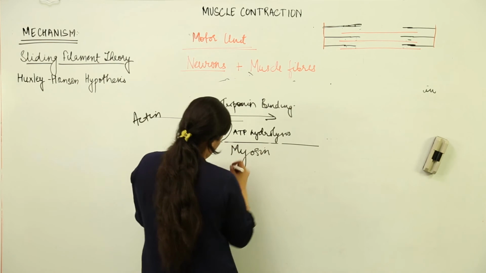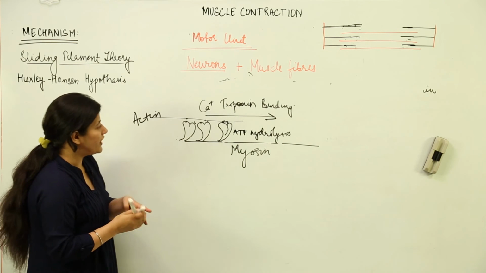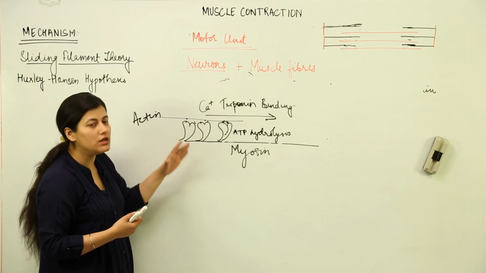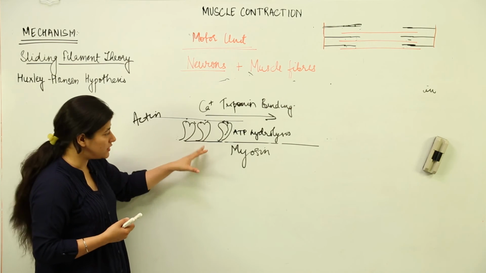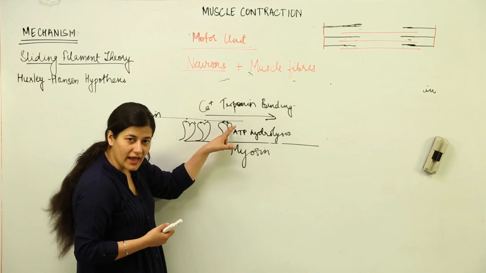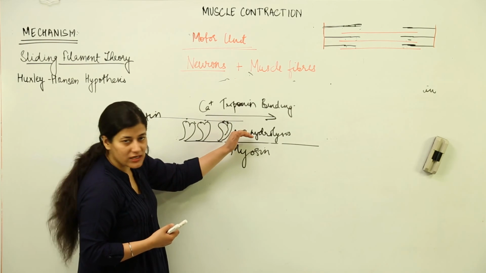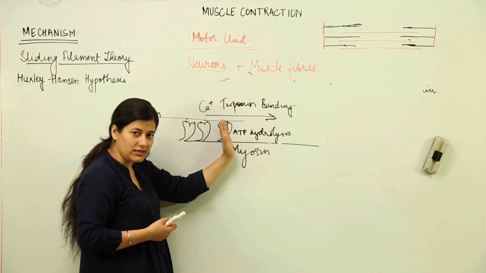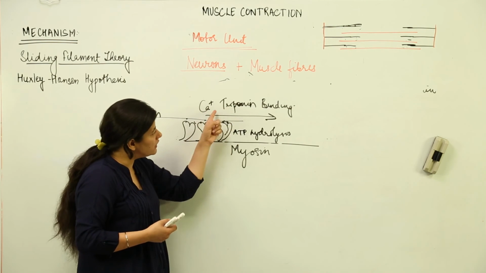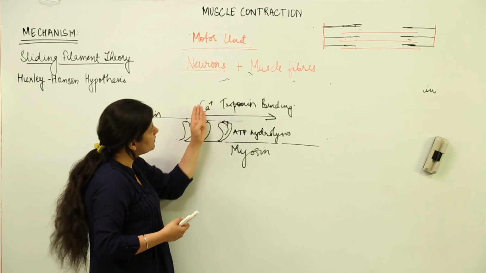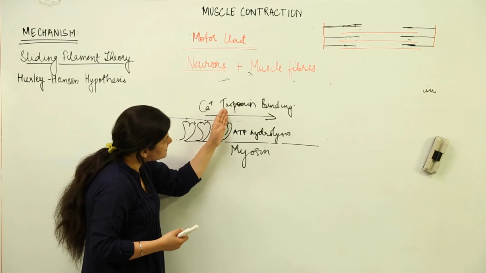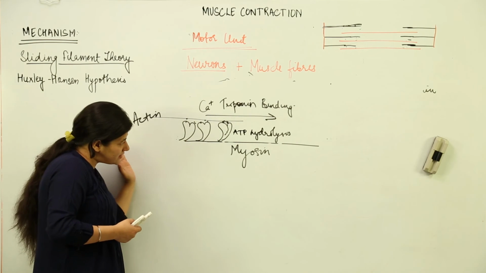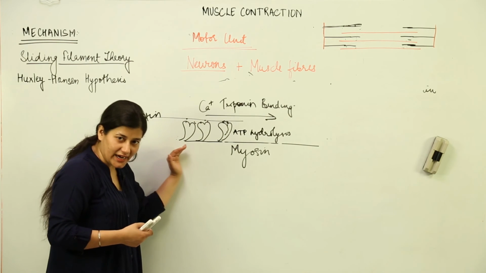I hope I am able to represent it to you. We have studied the structure of the myosin monomer, that is a meromyosin. Meromyosin has an ATP and an actin binding site. When the ATP hydrolysis takes place, it goes and binds to those sites of actin which were earlier masked by troponin, but due to the presence of calcium ions, they get exposed and it joins with those. When it joins with those, it brings them inside. That means there is a sliding which takes place.